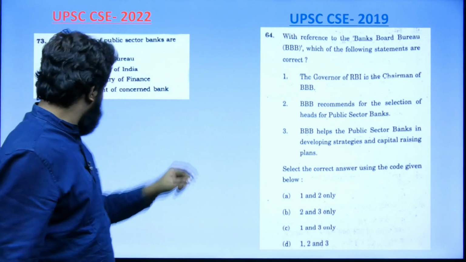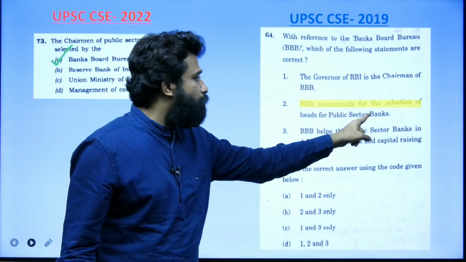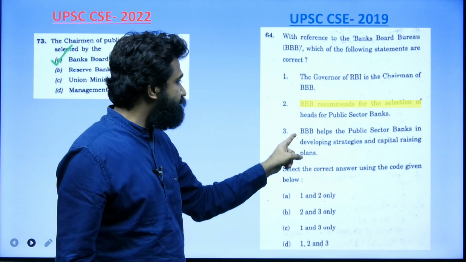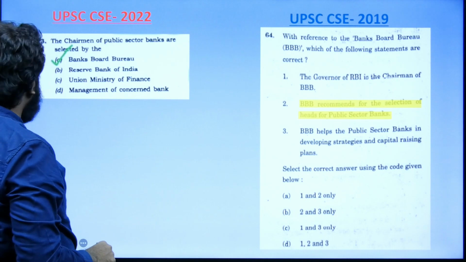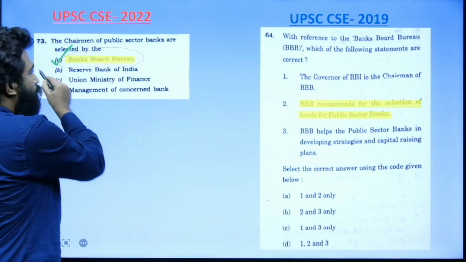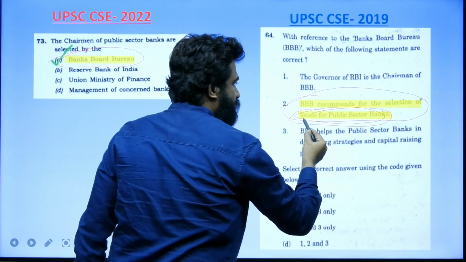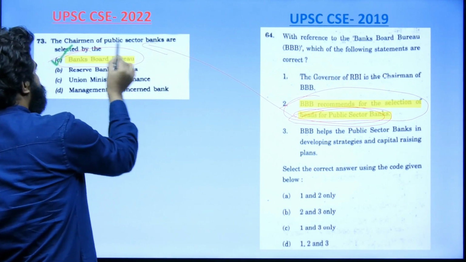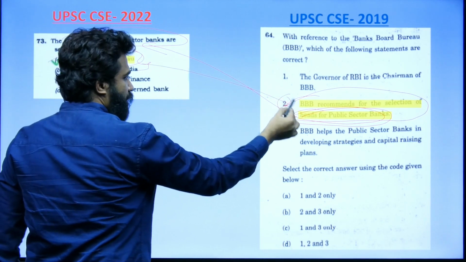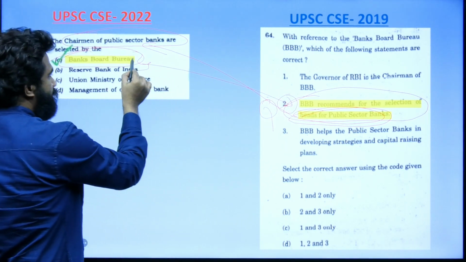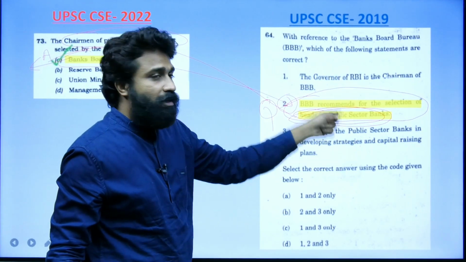See, here it is the 2019 question. Banks Board Bureau recommends for the selection of heads for the public sector banks. This is a statement given in the 2019 question, not the answer. Here, the chairmen of public sector banks are selected by Banks Board Bureau. I have highlighted it with the yellow mark. This is part of the question, and this is the answer. So, based on the previous year questions in 2019 and 2020, you are able to